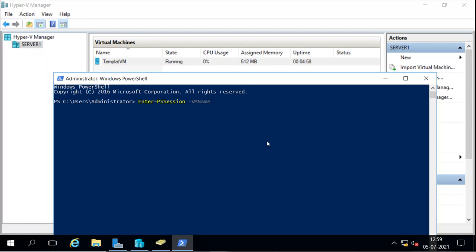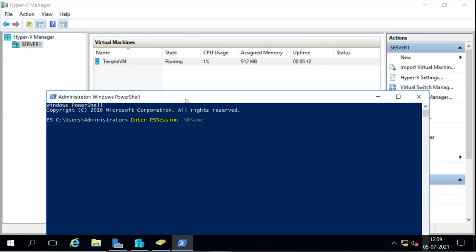The machine name is core, but that is the name of the machine under the configuration of that machine. But for Hyper-V, the virtual machine name in Hyper-V is what we have to mention here. So the machine name is actually core, but in Hyper-V, for us the machine name is Template VM.